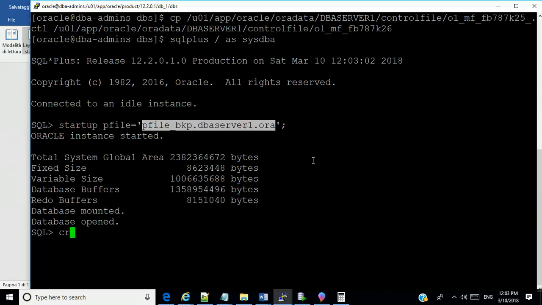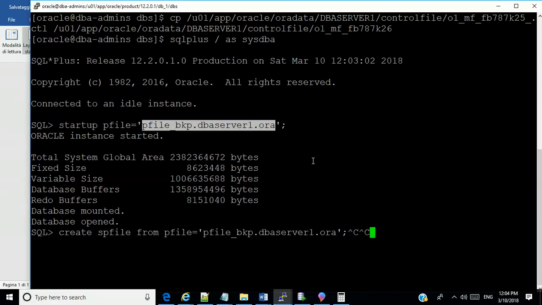So I can now create the default spfile from pfile. Okay. So this one is now going to be different from the former spfile. It's going to overwrite the former spfile. So, okay, you know what I'm going to do?